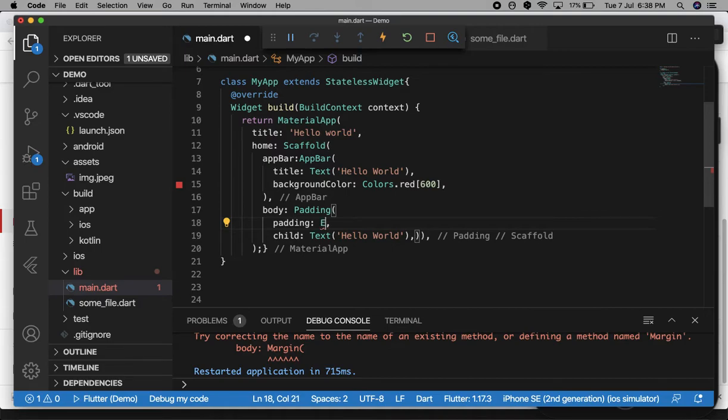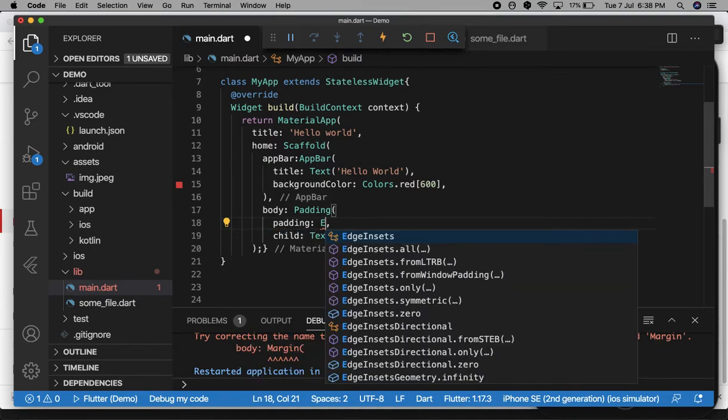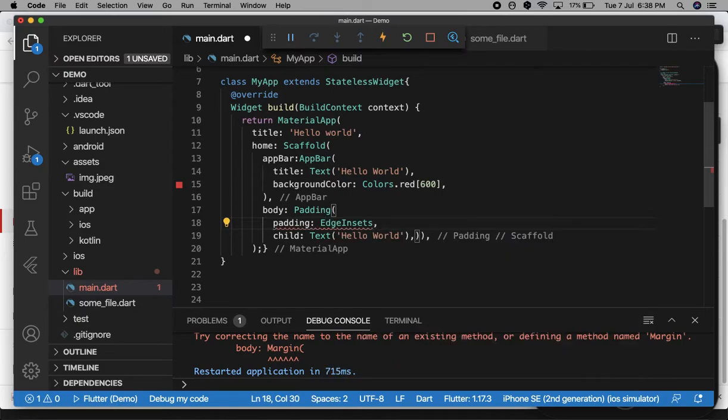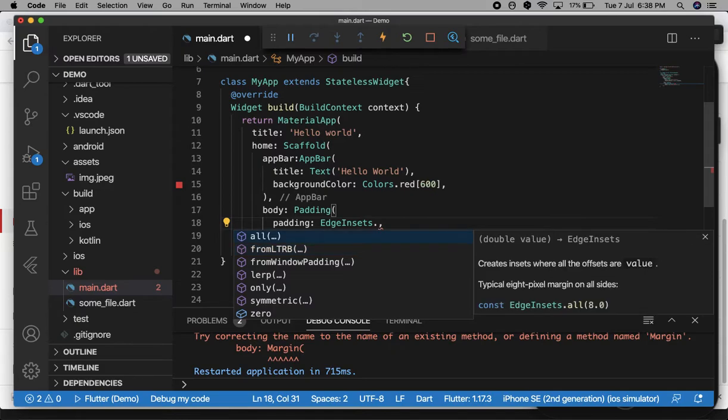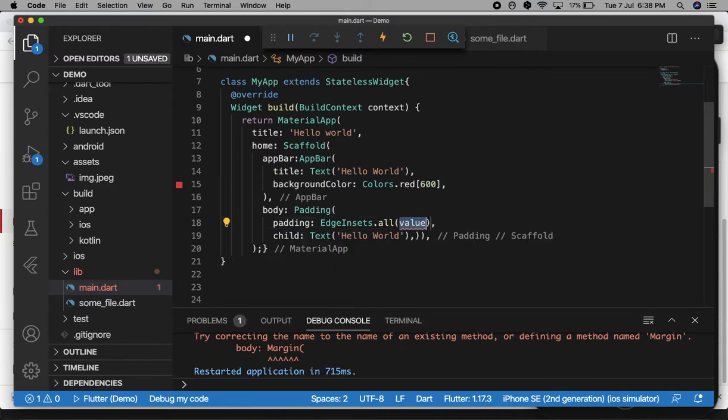Here is a class, EdgeInsets. This class has different methods, like first I will use all, and I will give a value of spacing in pixels. Like I am giving here 20.